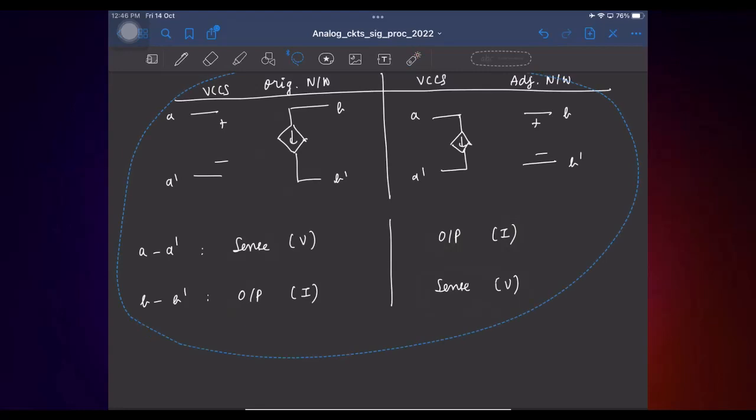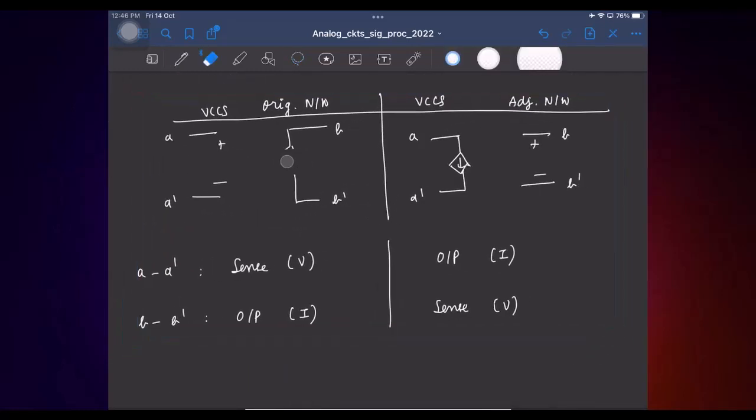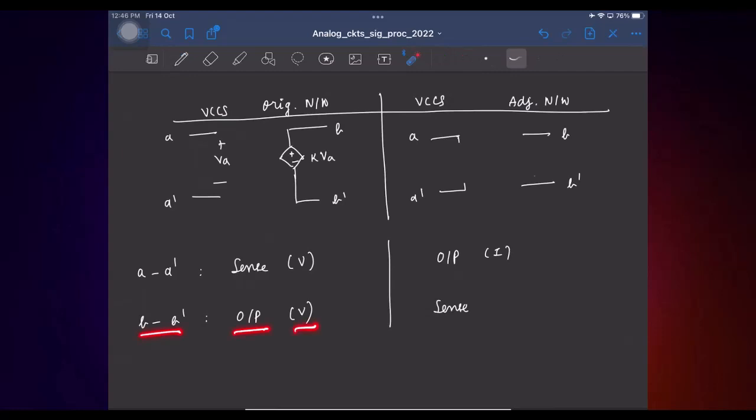So if you get the hang of it, let's quickly do it for a VCVS. Now let us say I have a VCVS, K times VA. Here I am sensing a voltage, and my output quantity is also a voltage. So in the adjoint network, since I am sensing a voltage across AA prime, I need to output a current. Similarly, in BB prime I am outputting a voltage, so I should be sensing a current. So this is a VCVS. What is this? Current controlled current source, right? So I have to sense a current, which I'll do using a short circuit, and an output current like this. Okay. And the factor is still